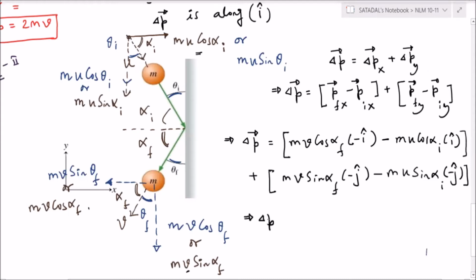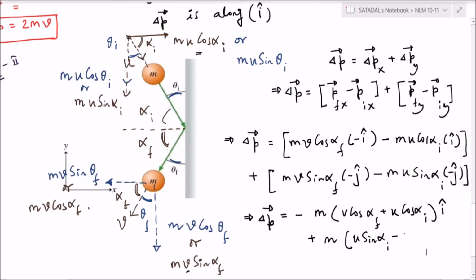So if you rearrange a little bit, how much are you going to have? Minus of m into v cos alpha f plus u cos alpha i, i cap, plus of m into u sine alpha i minus v sine alpha f, j cap. So this is basically coming to be,